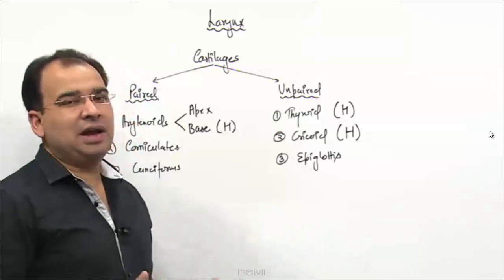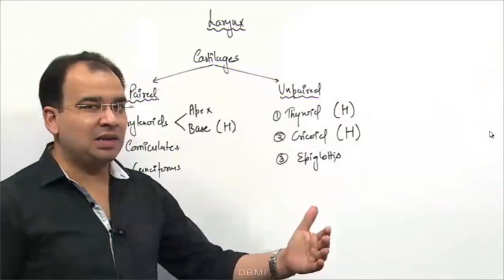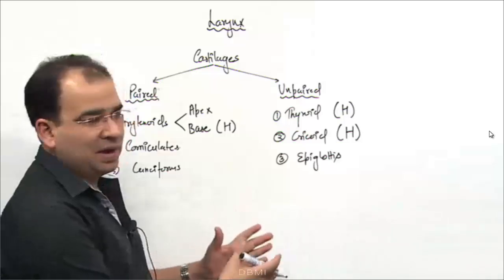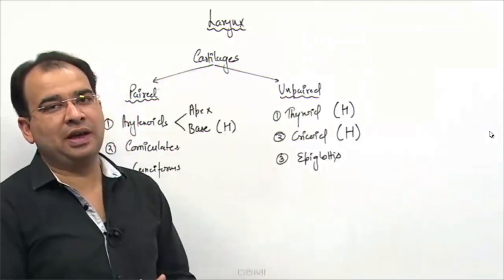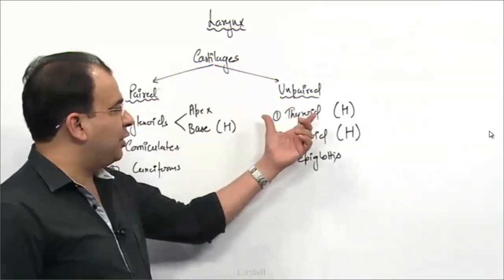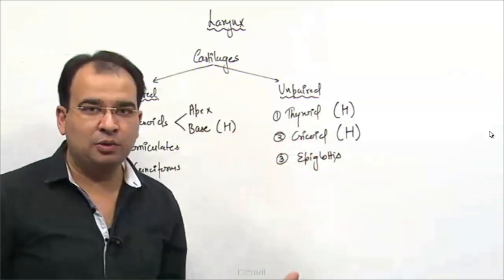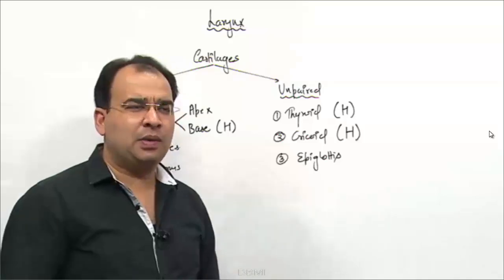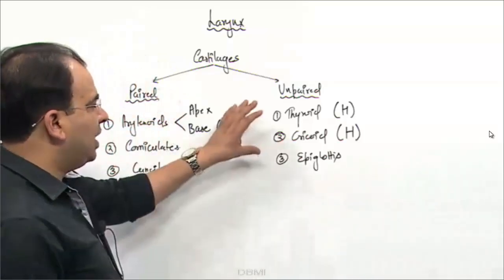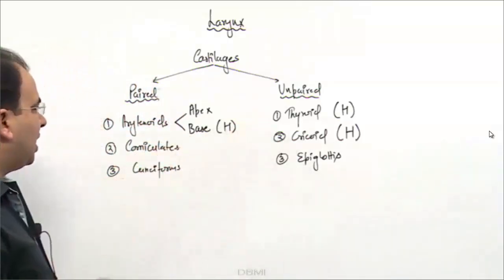And what is the tendency of hyaline cartilage? If hyaline cartilage is not articular or present anywhere else, the tendency is to ossify and become bone. That's why thyroid cartilage and cricoid cartilage, along with the base of arytenoid, will convert into bone after the age of 20-21 at most. So thyroid, cricoid and base of arytenoid are hyaline cartilages,